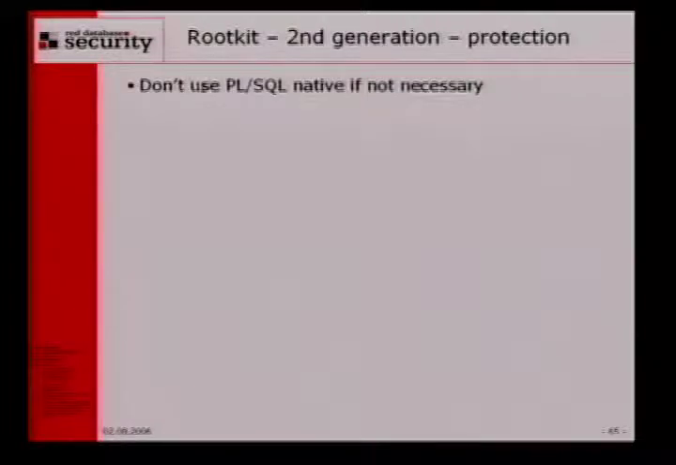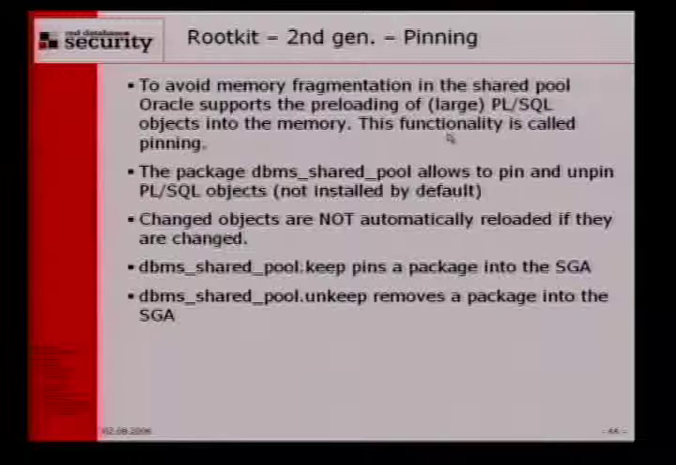And if you need this, you should also check these DLLs and libraries with checksums. So the first possibility, patching binaries. The second, PL/SQL native. Now the third possibility,